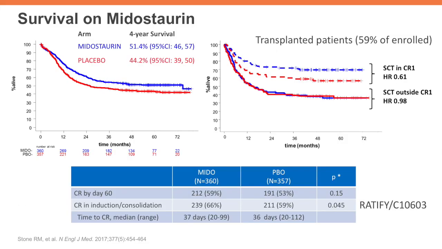So if we're going to test Quizartinib frontline, what are the data with other FLT3 inhibitors in this setting? Here we see the data with the multi-kinase inhibitor Midostaurin, which, as I showed previously, is a relatively weak FLT3 inhibitor that's not particularly selective for FLT3, yet improves the survival of patients with FLT3 mutations when added to frontline intensive chemotherapy with 7 and 3 and post-remission high-dose Ara-C. That benefit extends also to patients who receive transplant in first remission.